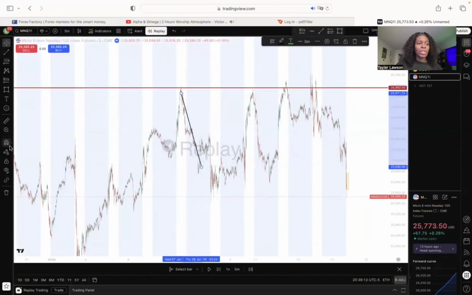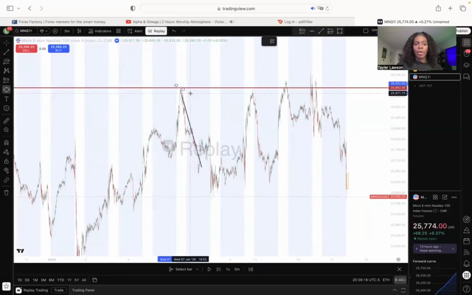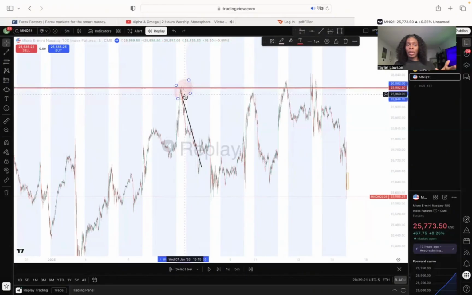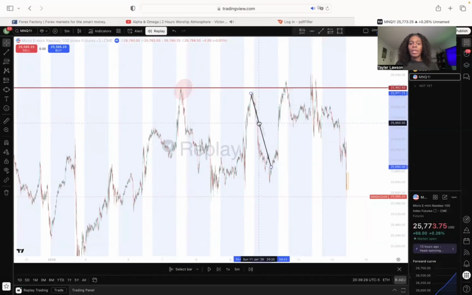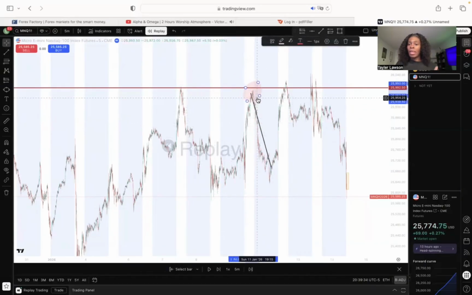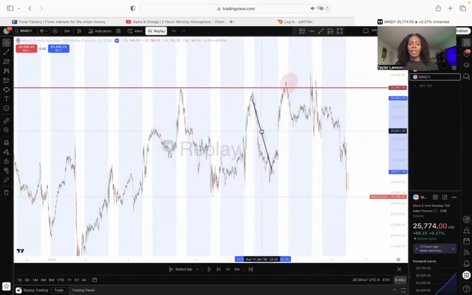Okay. Price pushed up. You can see that here. Price pushed up to this point and it did not want to go any further. So price ended up pushing down. This also happened here. Okay. Same thing. Price came to this exact same point and did not want to continue pushing up any further. So it pushed down, and same thing here. Okay. And this happens in the market and we call that